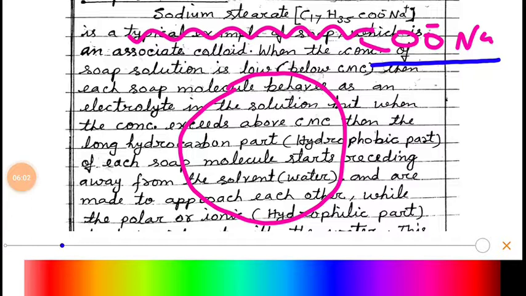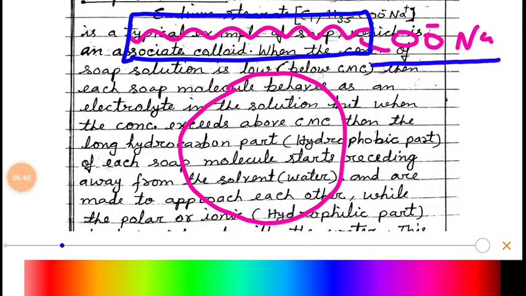So if the oily or dirty spot is there and we are adding the soap or the detergent in the water, one end of the soap molecule does not like water. This end, which does not love water, wants to hide itself in places where the water is not there, and there is only one such place: that is the oily or greasy spot. So this end of the soap molecule does not love water, and it hides itself inside the